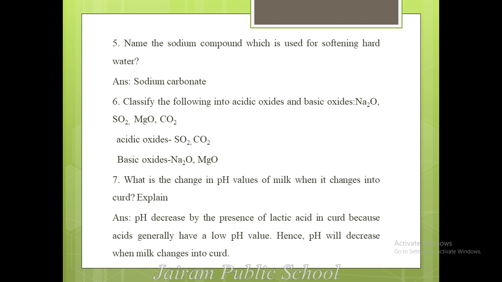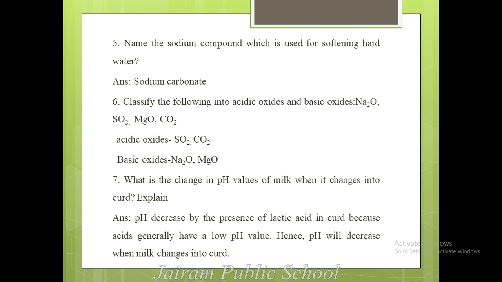So the tooth decay is due to the presence of germs in our mouth, and as usual if you are eating more acidic substances, that will cause tooth decay. Suppose if you are eating sugary content in a higher amount, automatically the germs present in the tooth will be producing acidic property. So that will make our tooth decay. In order to prevent tooth decay, you have to use a basic paste, that is paste containing basic material. Like that, you have to choose a paste and use it.